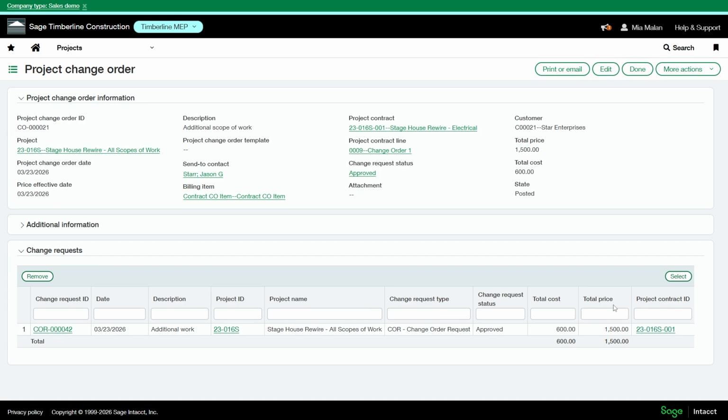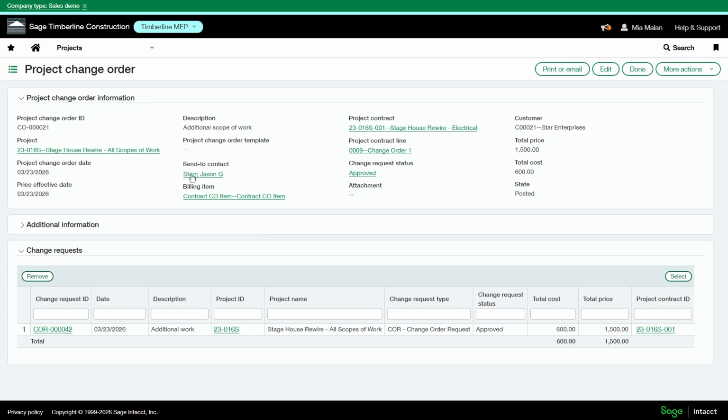Let's take a moment to see how everything ties together. So posting a change request updates the primary project estimate to reflect the revised scope and costs. If your project estimate is integrated with your GL budget, those changes can also flow through to update the budget. Linking change requests to a project change order allows you to revise the project contract lines, keeping your contract aligned with the actual scope of work.